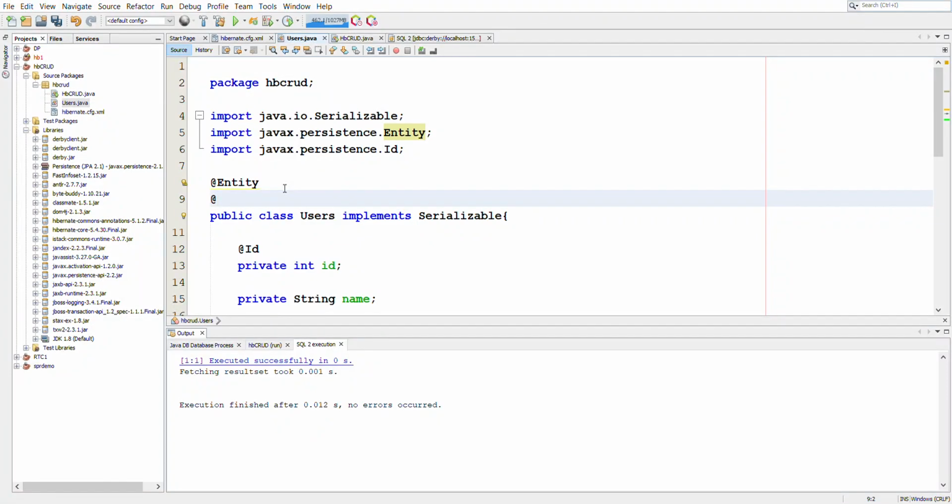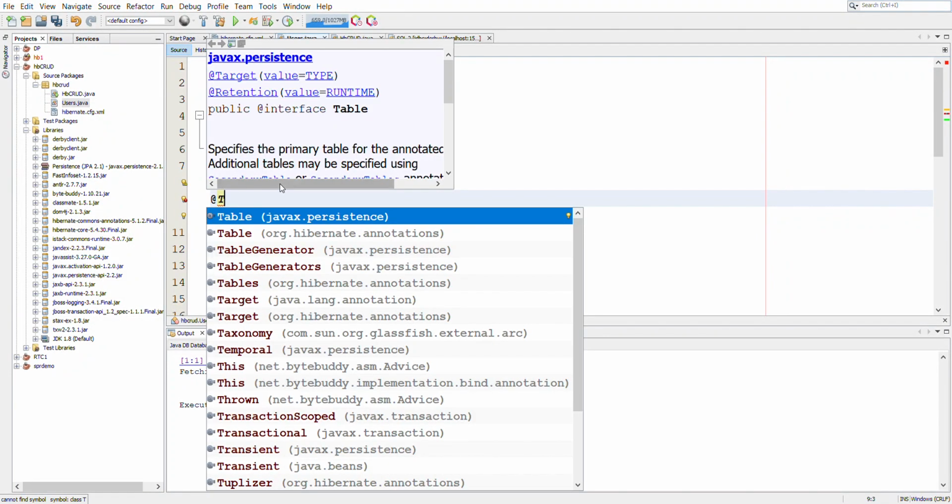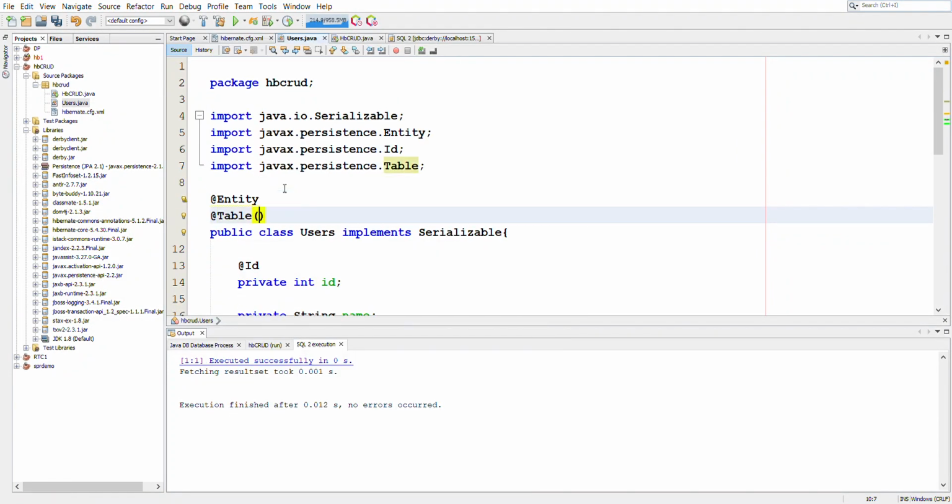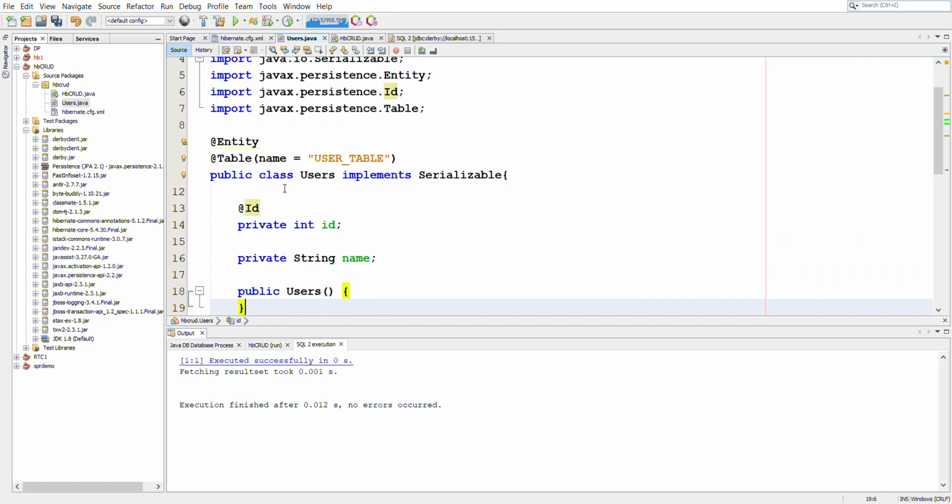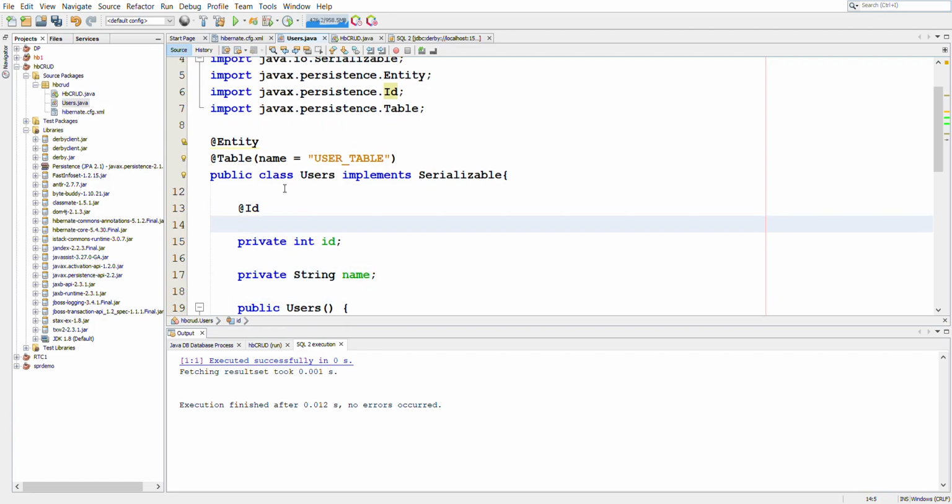in place of the column names. To specify the table name, we can use the table annotation. And here we have to specify name. So let's call it user underscore table. And for the column names, we can specify it using the column annotation.